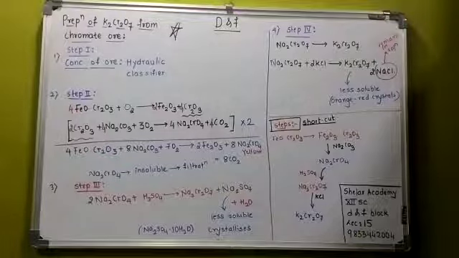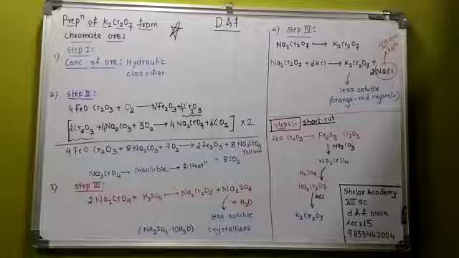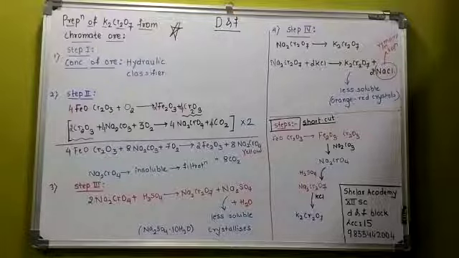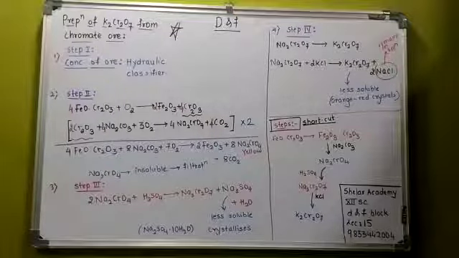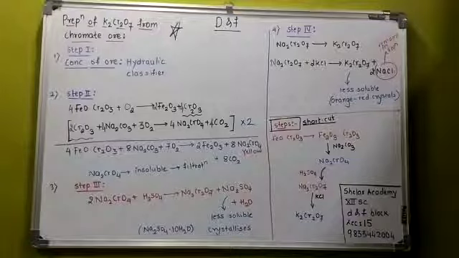Crystallize होने के बाद what will we do? We will filter it and will concentrate the solution of sodium dichromate. We'll get it, sodium dichromate solution. So in this step we have converted, we have got Na2Cr2O7, ये हमको मिला है. अभी हमको Na की जगह पे K चाहिए. So now that step would be very simple.